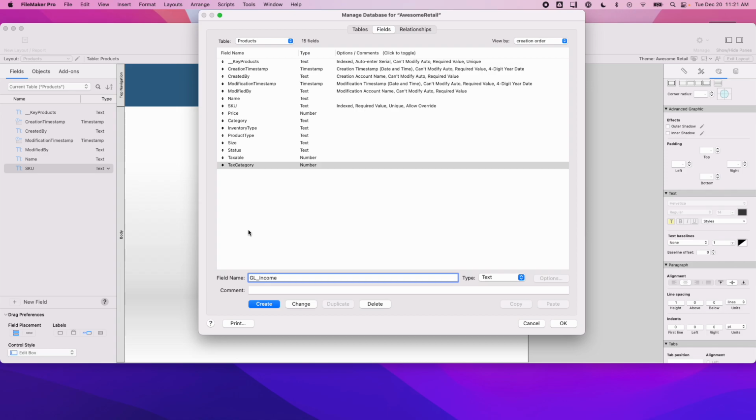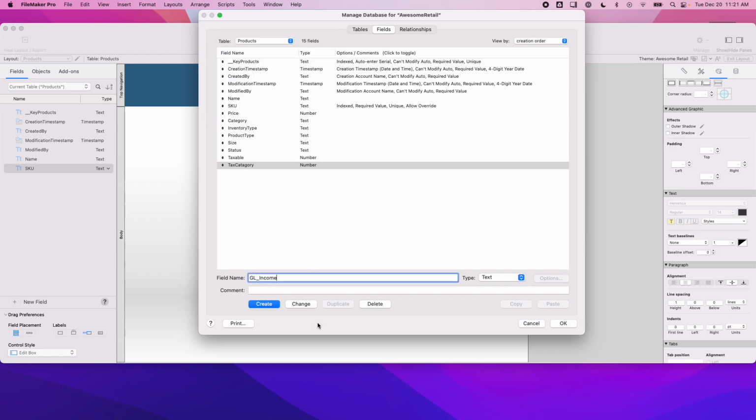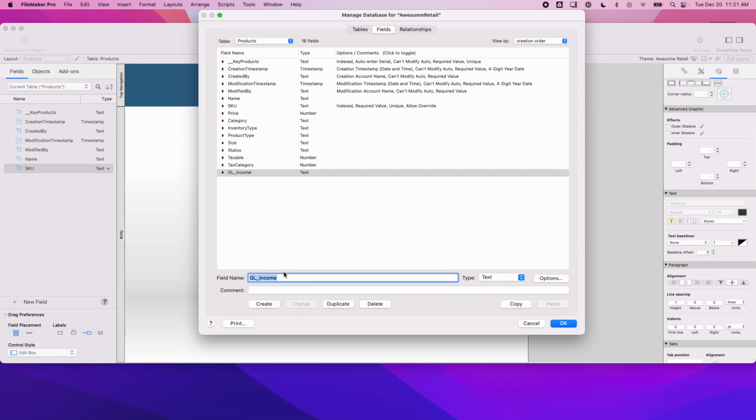Because we're signifying not the amounts, but which account this goes to, right? And that text is going to be matched up in your accounting software. And so the GL account, wait, cancel, wait, what? We're going to create it. GL account income,